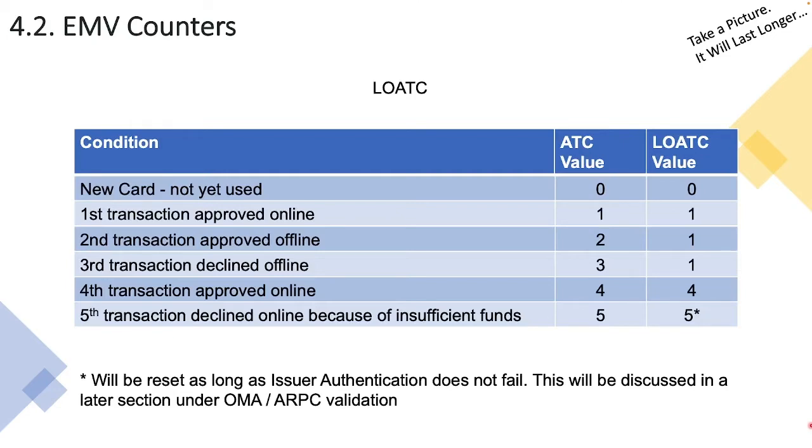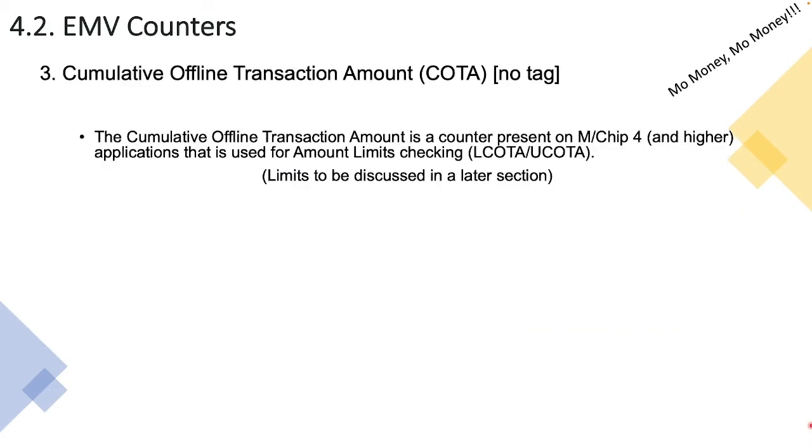Okay, let's move over to COTA, or cumulative offline transaction amount. Okay, so remember, it's a cumulative offline transaction amount. What we are counting is a monetary value, right? The acronym is COTA, and it does not have a tag. So this is one of those counters that are built in inherently into the application code itself. Okay, so COTA, or cumulative offline transaction amount, is a counter present in MCHIP 4 and higher, so MCHIP Advanced also has this,